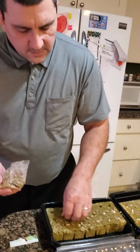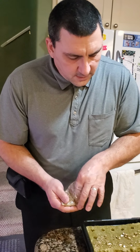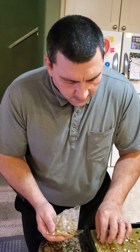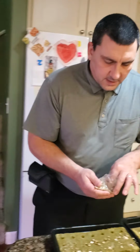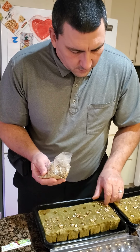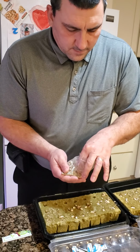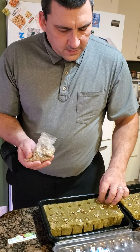Normally germinating seeds, I would put them in the dark. I'm thinking that the vermiculite covering will do enough to give them the darkness that they need, and then once they sprout to the light, they're going to want to grow. So I'm going to set them next to my previous growing machine, which is my